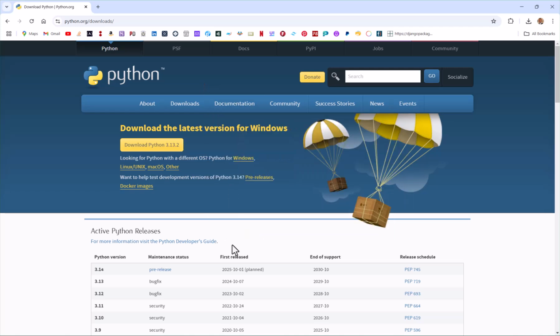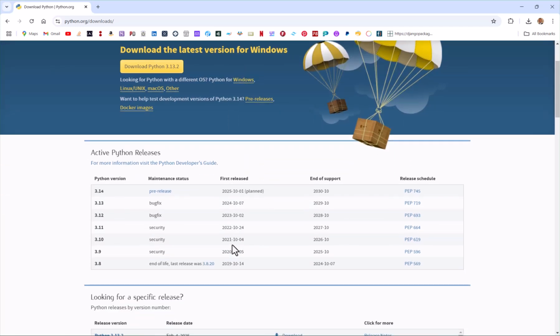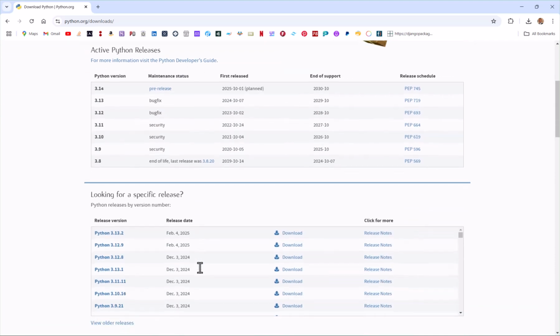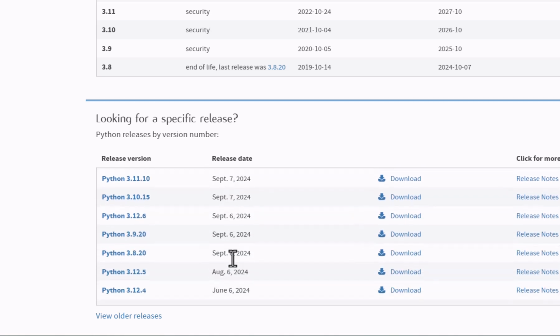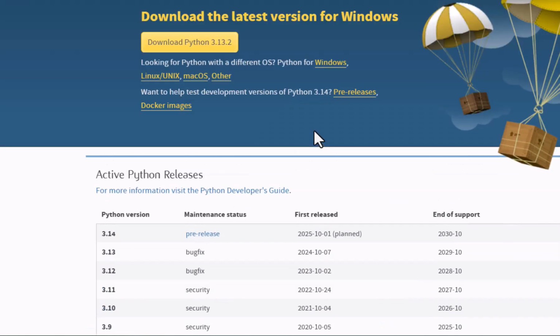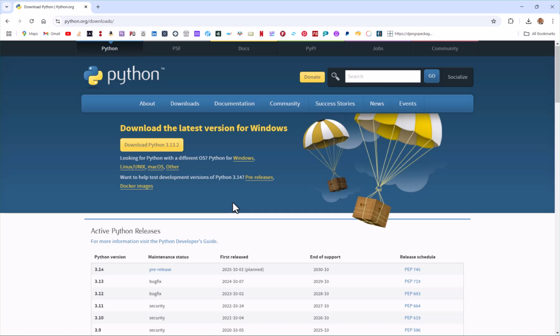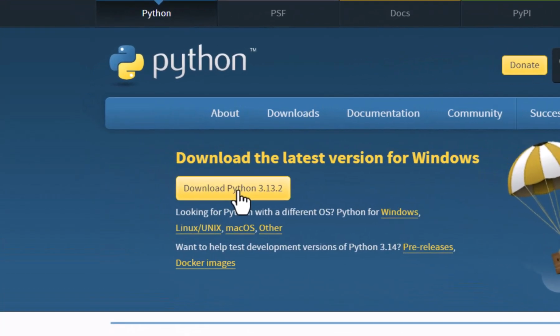Then Python has different versions. If you are interested in a specific version, you can go and install that specific version here. The new releases are here. The latest release was on February 4th, 2025, and other releases are down here. But I really want us to install the latest version. That's what I recommend. It doesn't need you to have specific computer specifications. It can work on any computer, especially a Windows machine. Then what you need to do is click on download here,